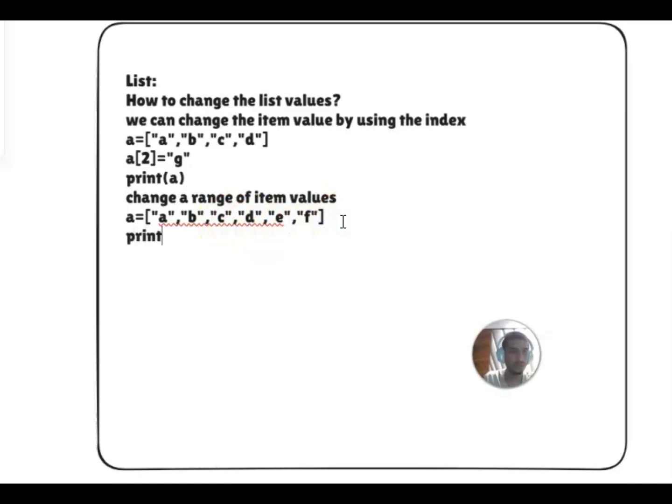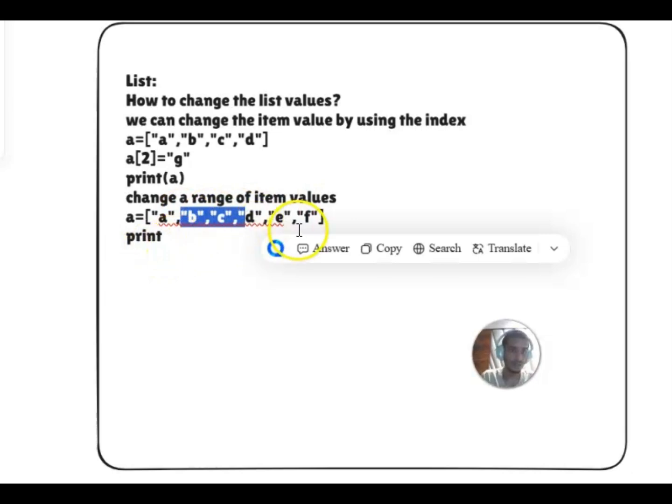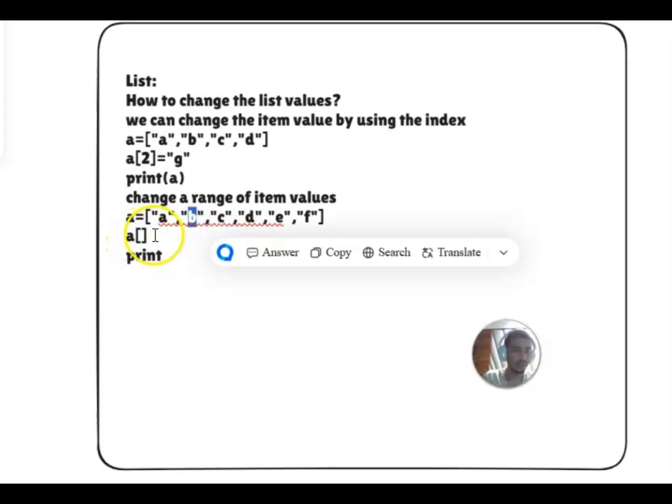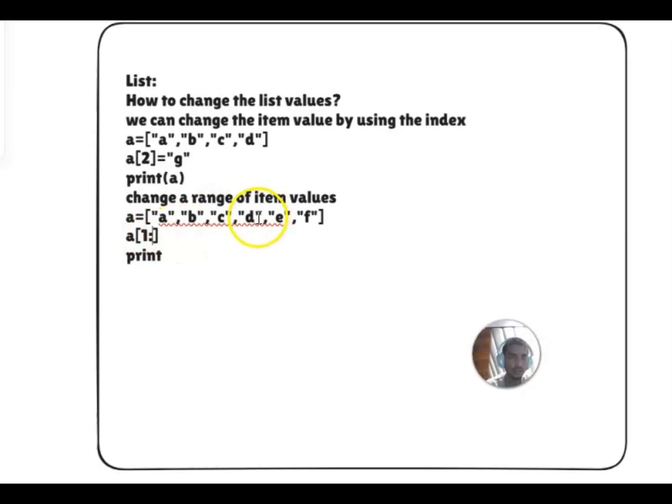Let's say you want to change item B to D. You can change it by using the index value again. What is the starting index? It is B, so you want to change from B to 3, right? So the starting index is 1, and the ending index here is D, and the value is